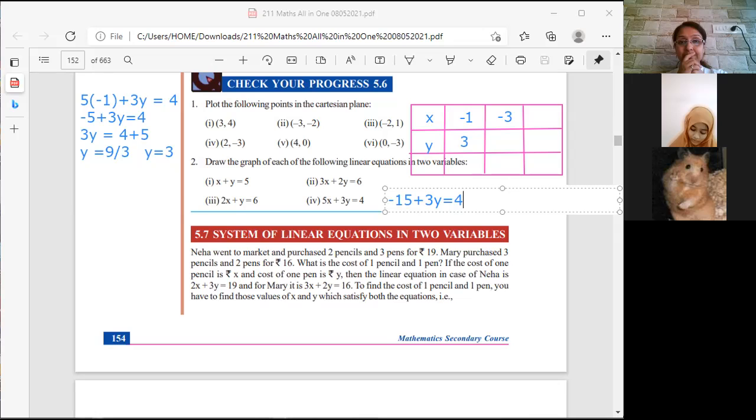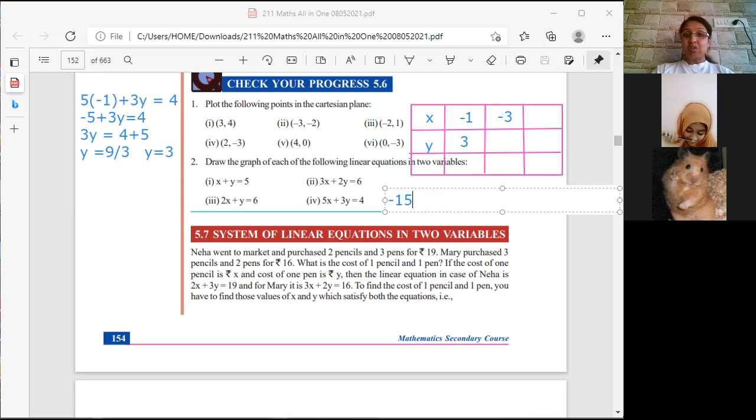Minus 12, 4 and 12. Teacher, you can take minus 11. Minus 11, then we'll be able to plot it because on our Cartesian plane we have only 10. Our coordinates also we have to be careful now. You get 5, you get y is equal to 5 if you substitute. No, the minus 11 will not work.